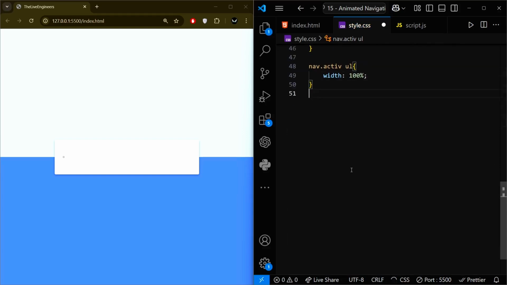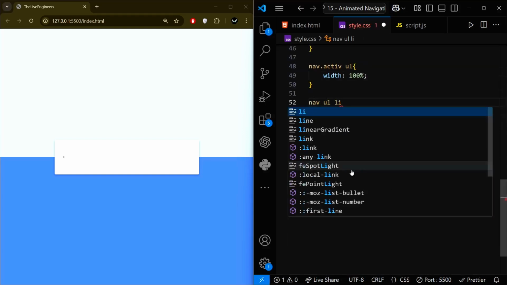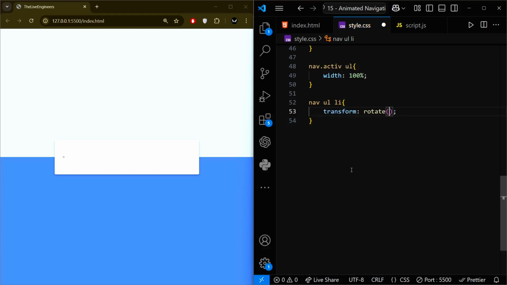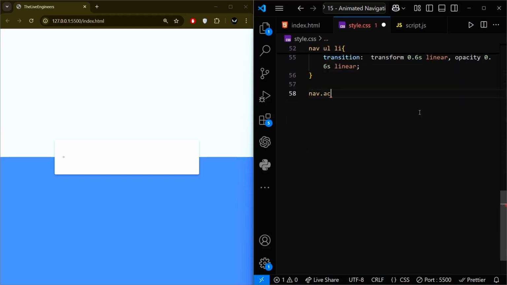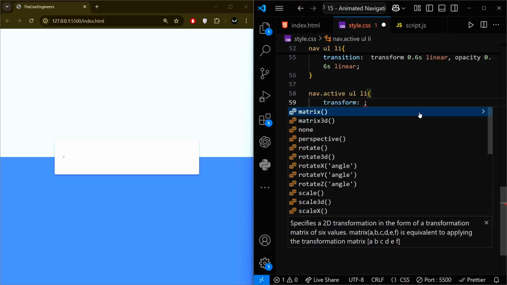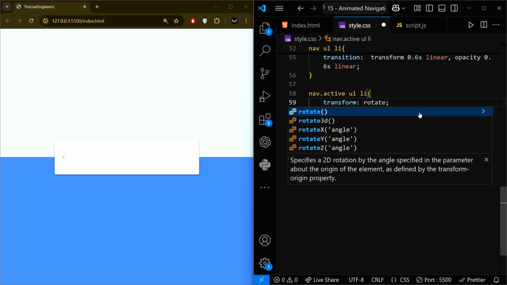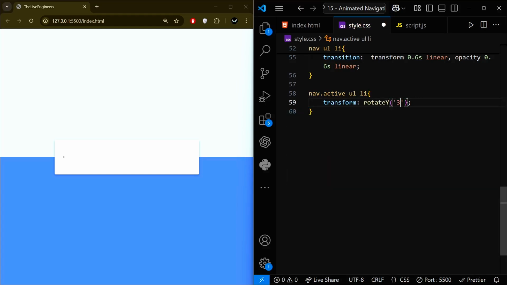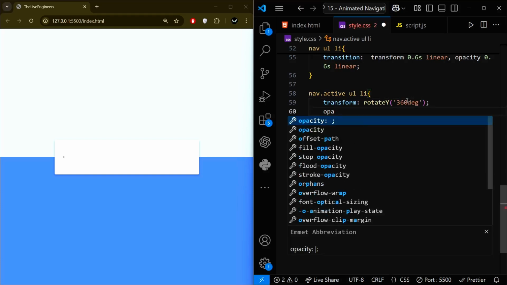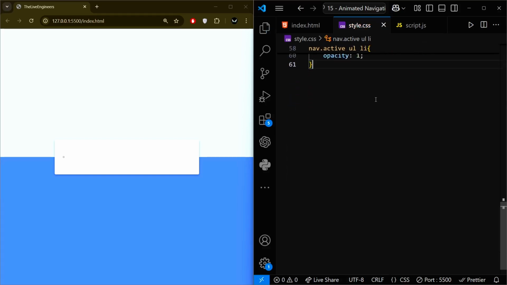Then select li tag inside of the UL and inside of a nav. It should have a transform of rotate y 0 degree, opacity of 0, transition on the transform 0.6 second, linear, and on the opacity 0.6 second, linear. Then select when the nav is active, then what should happen to the li is it should transform rotate y to the 360 degree and the opacity should be 1,